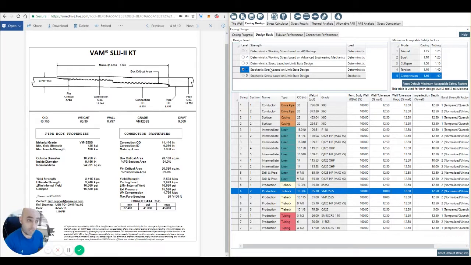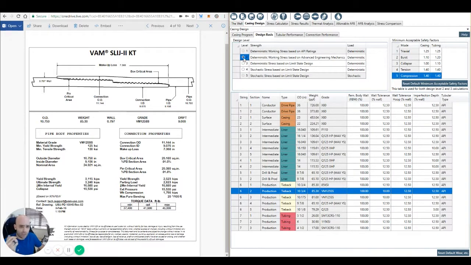a reputable mill, and then use that to calculate the probability of failure for load cases which fail standard work and stress design. And then we can utilize this in survival load cases to potentially justify a design that has a safety factor below our design factors, or even a safety factor below 1. So in the design basis here, when you switch between level 2 design, your work and stress design, which